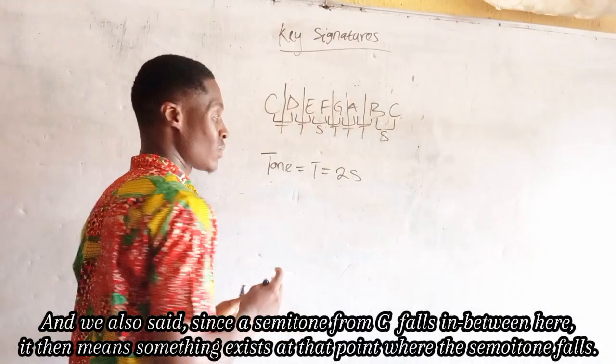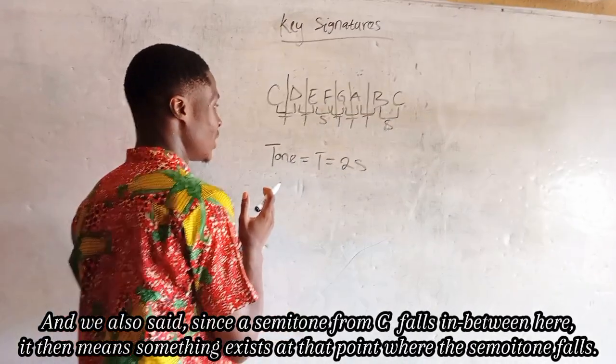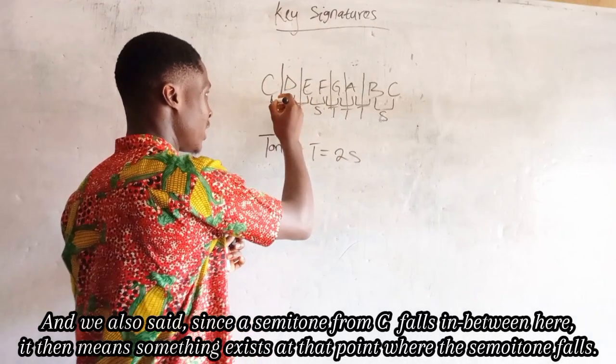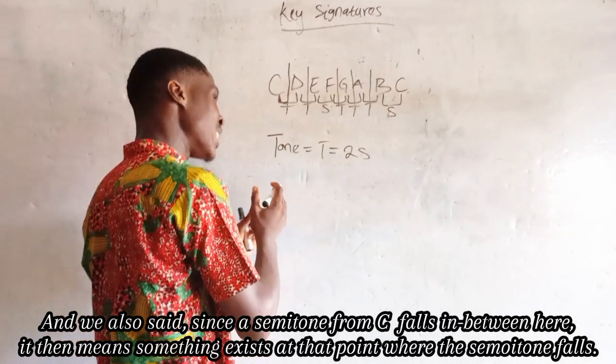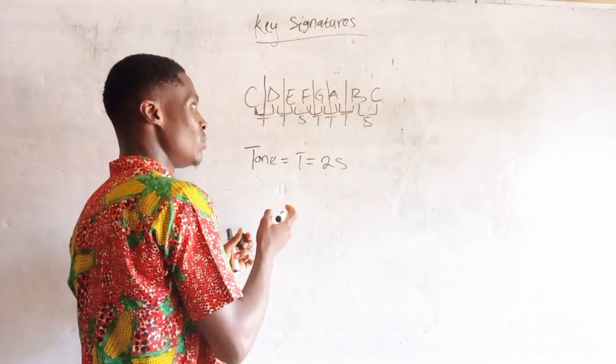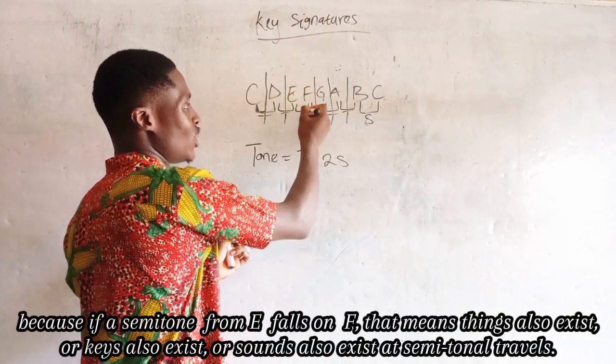And since a semitone from C falls in between here, it then means something exists at that point where the semitone falls. Because if a semitone from E falls on F,